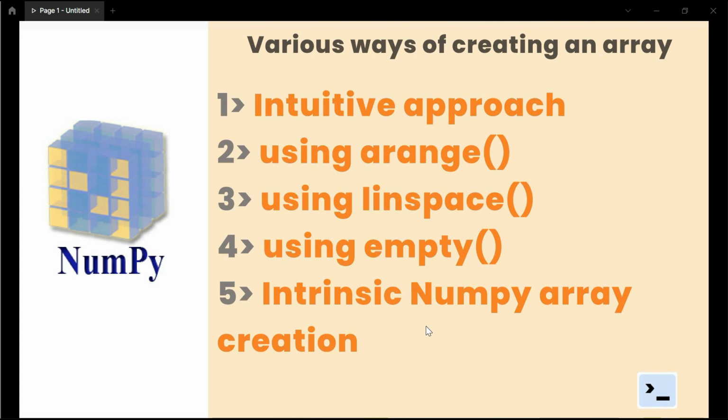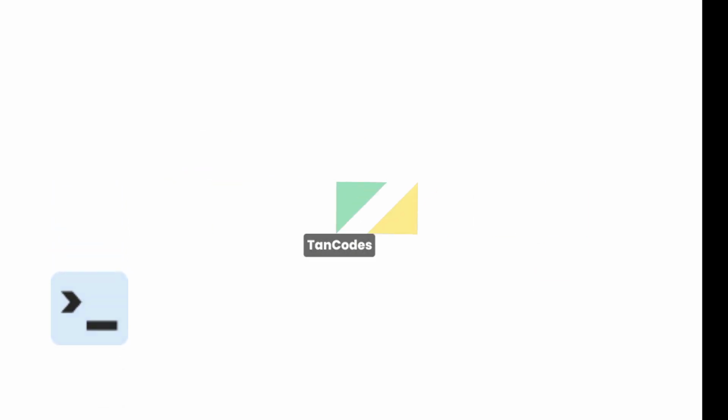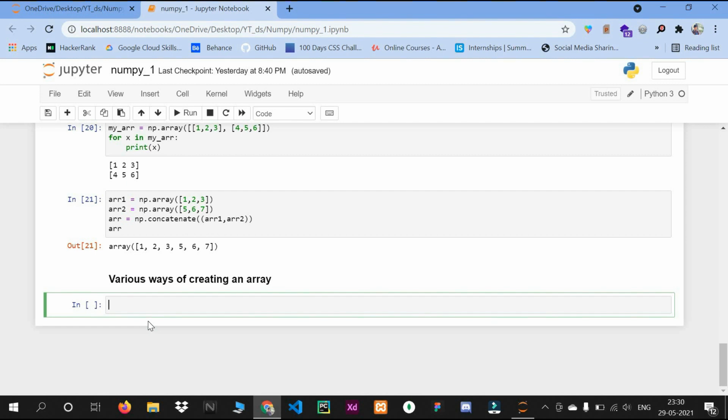So let's open our Jupyter notebook and let's code it. We will see the types of creating arrays one by one. First type, I will write type 1, by using array.